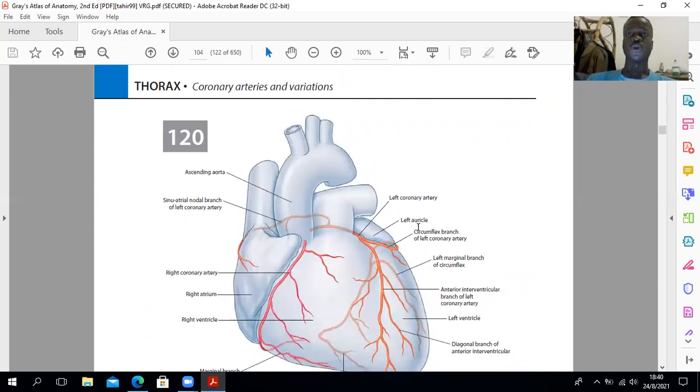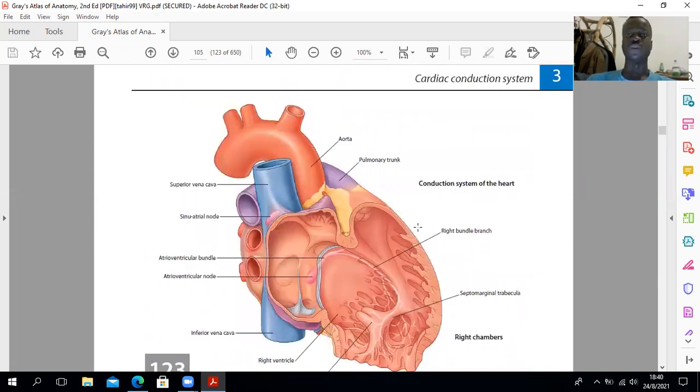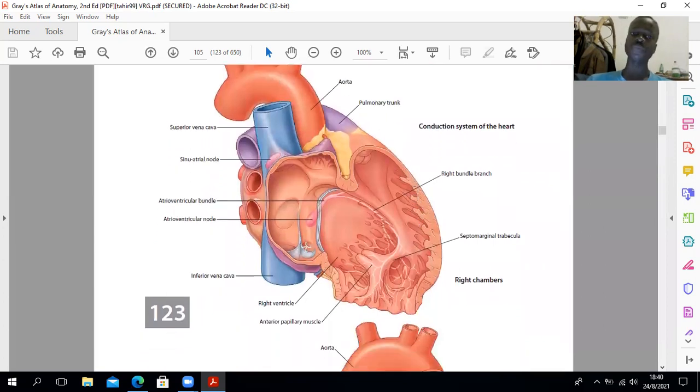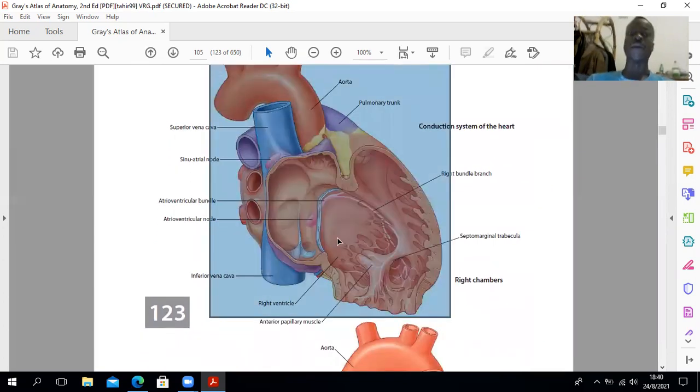So before we talk about the coronaries, the coronary arteries, we'll talk about the conducting system of the heart, whereby the heart has its own intrinsic pacemaker activity. So you have what are known as cardiac myocytes that are more or less striated, just like a skeletal muscle, but they're going to be bifurcated, forming the intercalated disc. But you're going to have the SA node, which is this one, which is just to the right of the crista terminalis, right? Then you're going to have the atrioventricular bundle, which is in the lower part of the interatrial septum. Then you're going to have